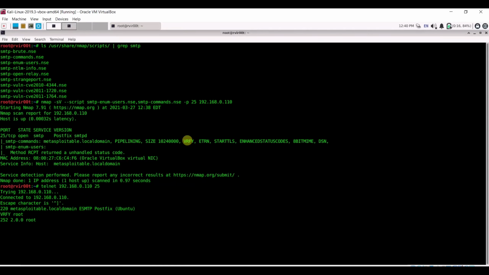So this is a part of account enumeration. Now we have verified that the root user exists on the server. Let's check for another user, like vrfy user, which is also there on the server. Let's check for another user like admin. So admin is not there. This way you can perform account enumeration.